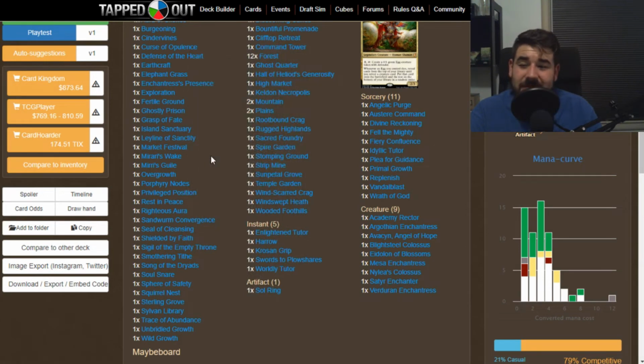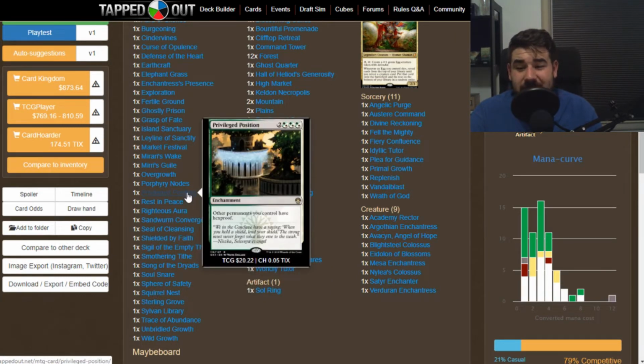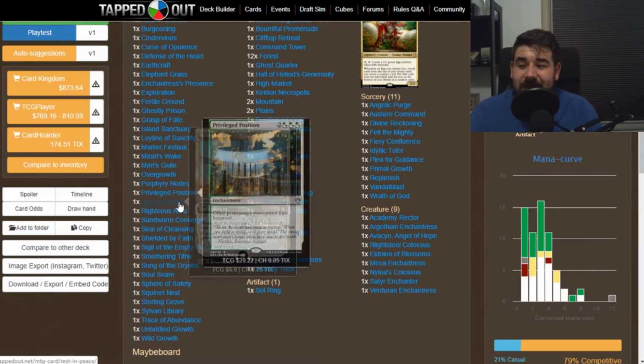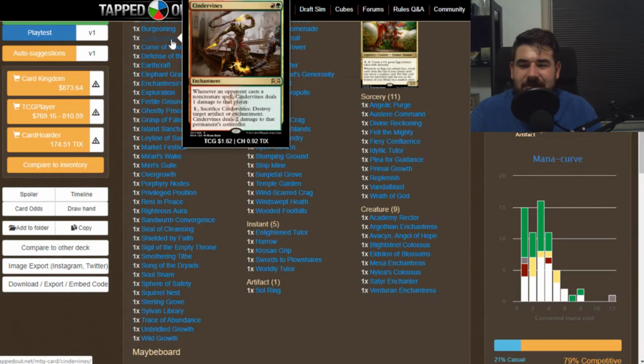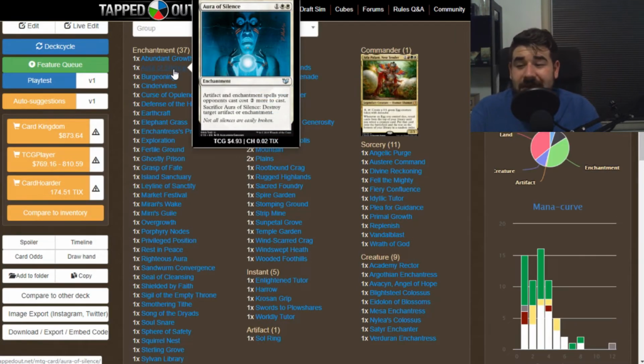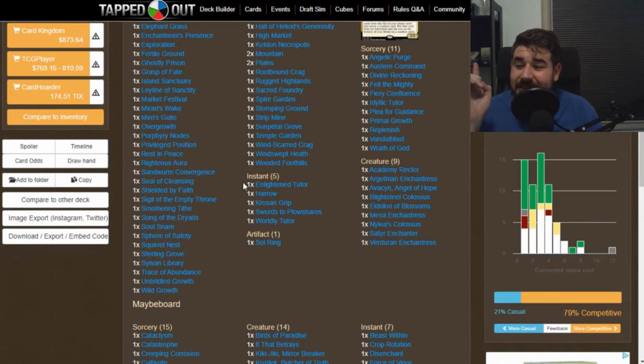We also have a few ways of protecting our stuff. We have our Shielded by Faith, which protects our creatures. Privileged Position gives our permanents hexproof. We also have some Silver Bullets and some hate cards in our deck. We have our Rest in Peace to fight through graveyards. We got our Cinder Vines to fight those annoying Storm decks and annoying non-creature spell decks that try to go off. We have Aura of Silence to hate on other enchantment decks and artifact decks, and we have Leyline of Sanctity